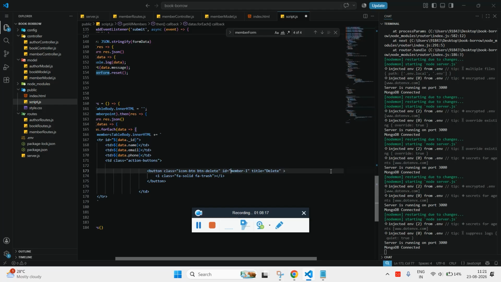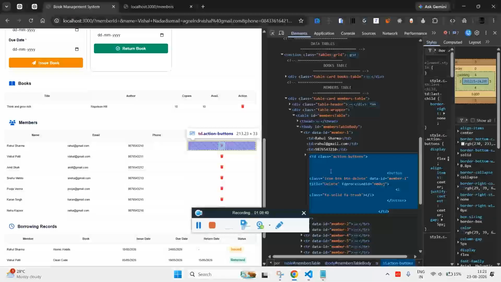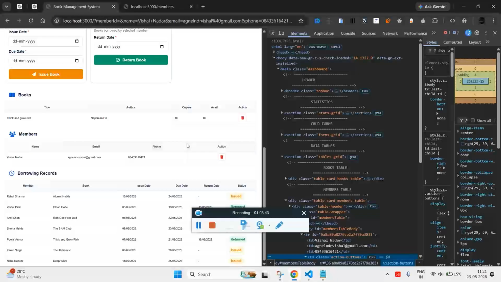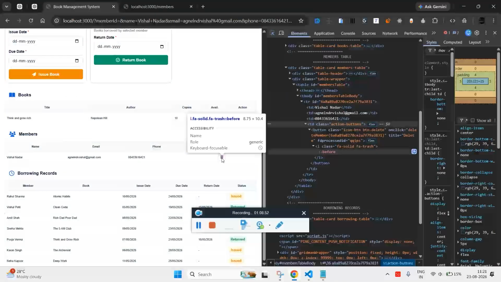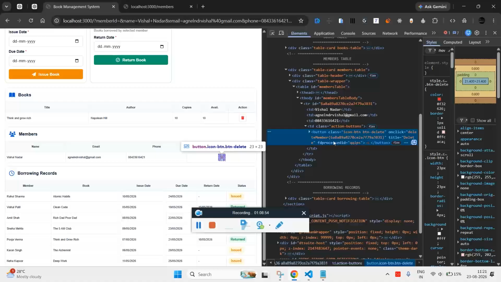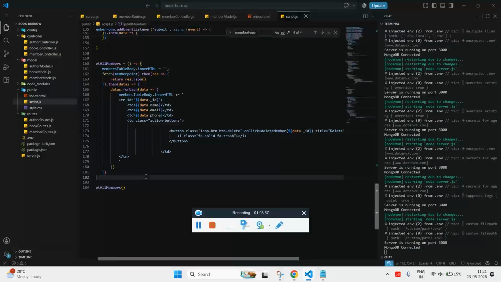We definitely need id, and we'll pass the id value, and it should be an on click. We'll call a function, or create a function, delete member, cool. Now if I hard refresh it, you should see in the member we have only one member, and if I hover on the button, you should see. Now we need to define the